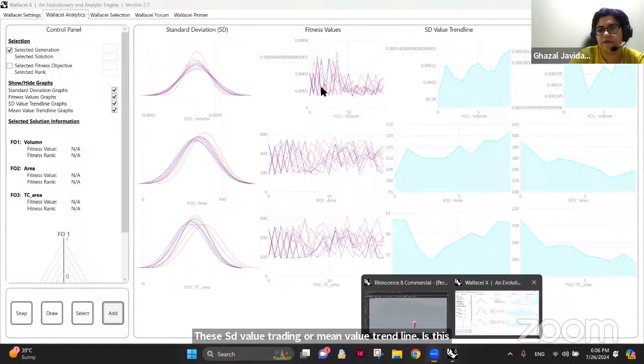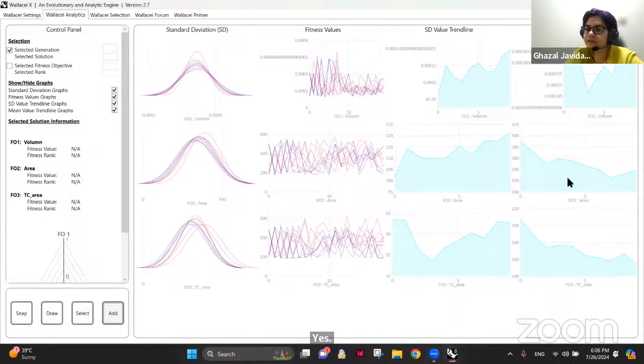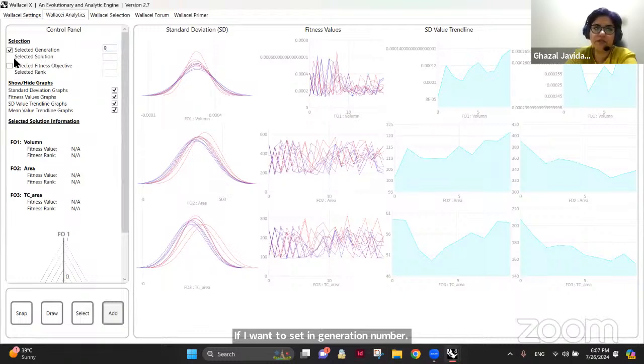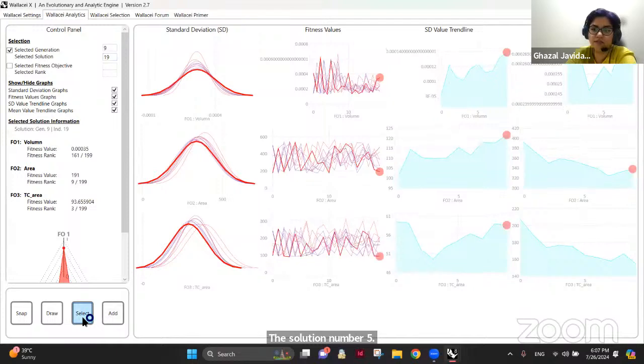Yes. This is the mean value of the fitnesses in each generation. So let me show you here. If I want to set generation number 9, the solution number 5. Or what if I go for 19, the last solution of the last generation? And I select, you see that it says this is the mean value of the fitness. This is the area, this is the volume, and this is the top circle area. This is the mean value of the fitnesses of